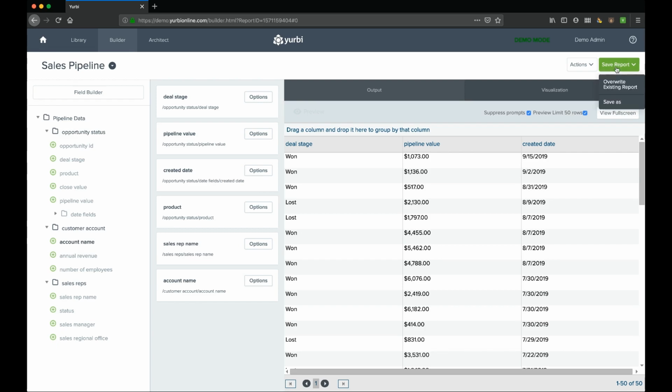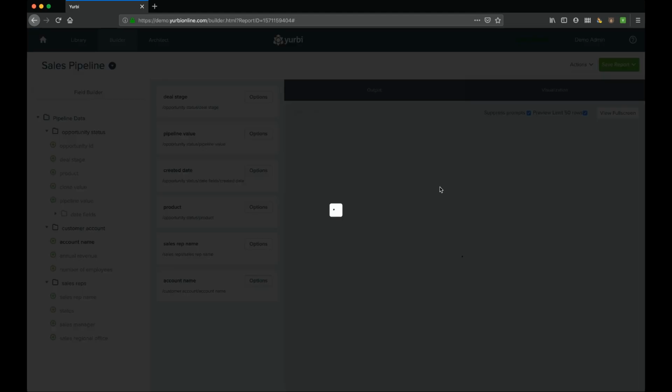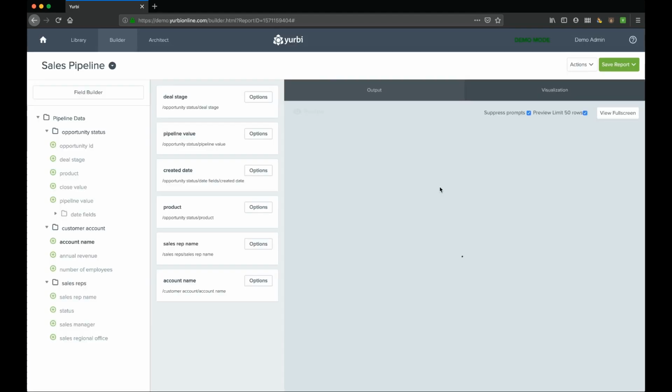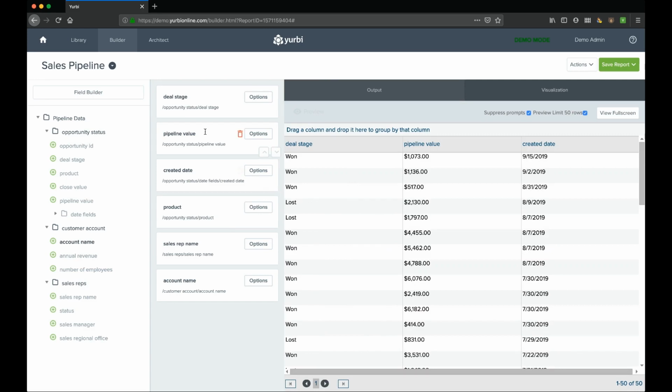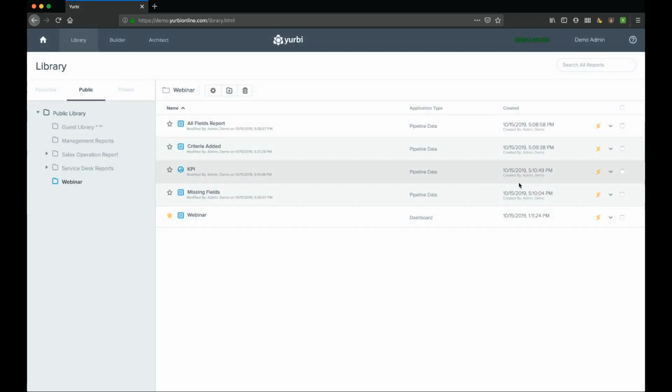I'm going to go ahead and save. I'm going to overwrite this report. We've already got it added to the dashboard. I did not change the report structure whatsoever. And now we're going to go back. Now, to save time, I'm going to do that same thing to KPI because that's the trick on the